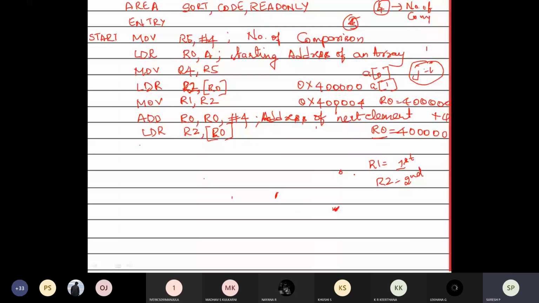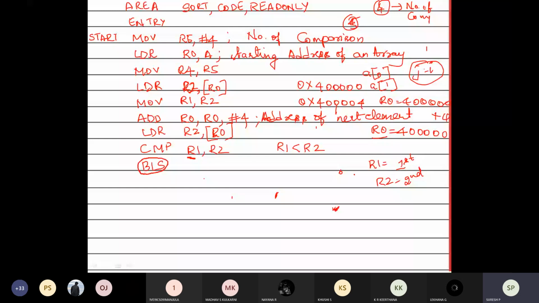Now, if the first one is lesser, if R1 is less than R2, do I have to make an exchange? No, sir. So I will check with the condition branch less than. BLS is an instruction which will make a branch if it is less than. When R1 is less than R2, it is going to make a branch. That is what the instruction is going to do.